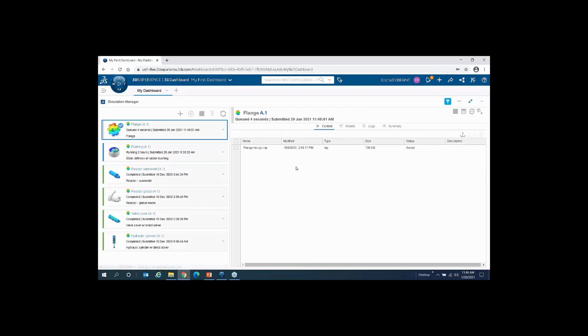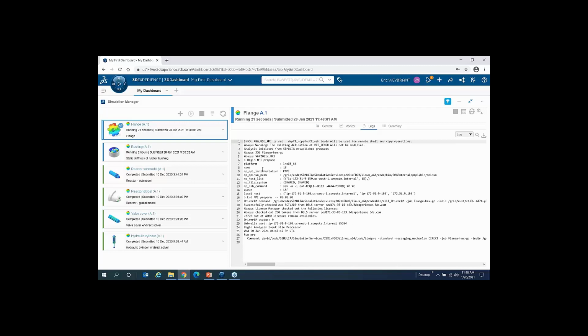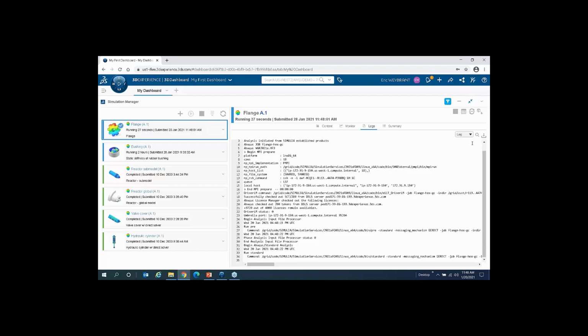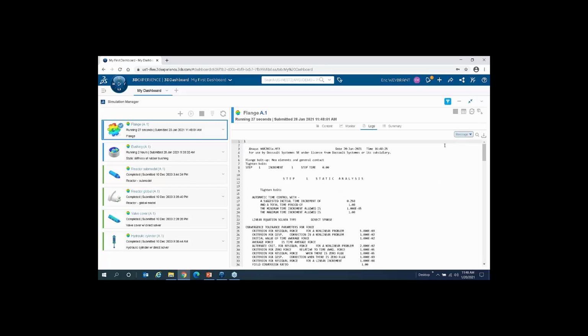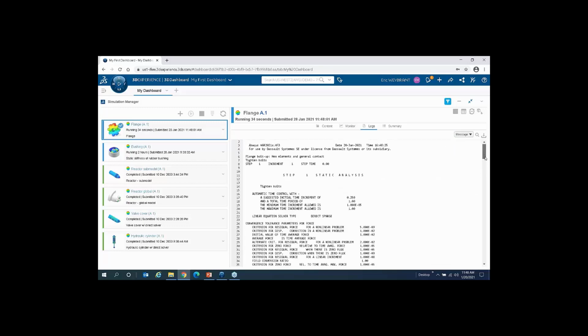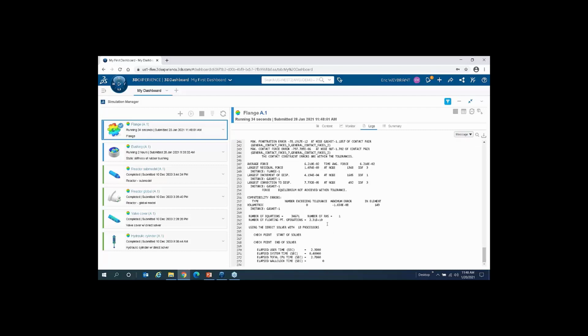You're going to see it submitting the job. It takes a few seconds. What's happening now is out there in the cloud, we've spun up an instance on an HPC cluster, sent the input file over there, and it starts up and runs. We can look at the files. This is the log file, so you can see it's checking out licenses, and we're running batch pre right now and so forth. We'll get through there fairly quickly for this model into standard. Now we're going to start seeing some of the other files that we're familiar with, message file and so forth. This is a fairly small job. It's going to run fairly quickly